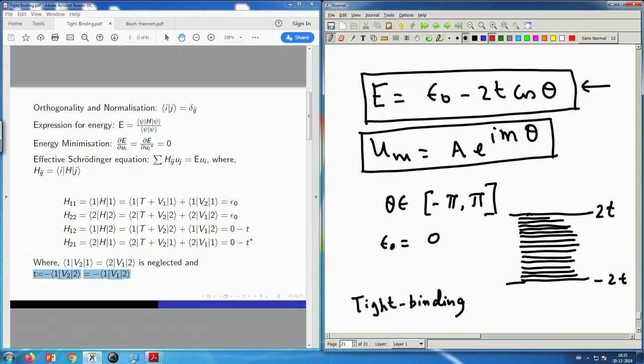It is tightly bound, but once it starts interacting with its nearest neighbors, once it starts talking to its neighbors, it becomes delocalized and a band forms. And suppose you have n sites, each of which has only one electron, then of course you know that you have to fill up the lowest n by 2 states, because each state will take 2 electrons. So out of all these n states, you will only fill up n by 2, only up to half of this, and that means you are in a metallic state.